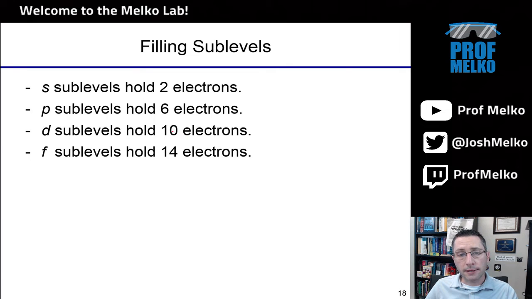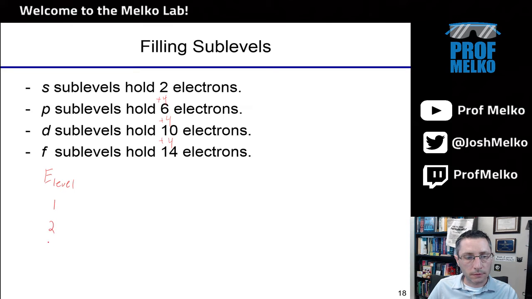D sublevels hold 10, F sublevels hold 14. So you can see the larger the sublevel, S, P, D, F, the number of electrons increases, and it increases by 4 each time. 2 plus 4 is 6, plus 4 is 10, plus 4 is 14. Okay, so if I'm thinking about the energy level here,